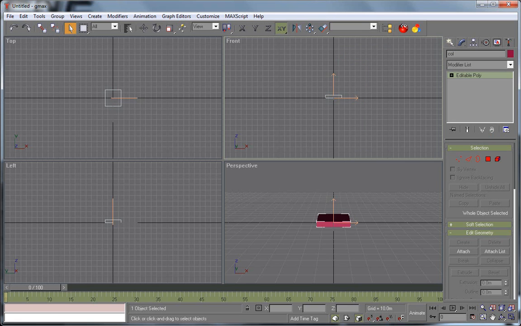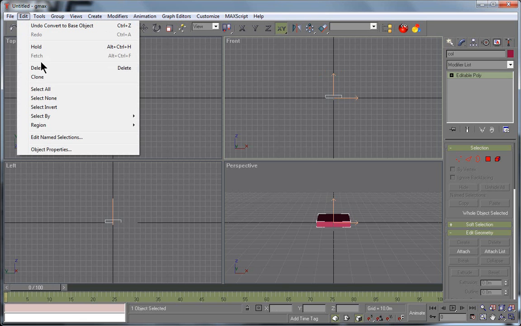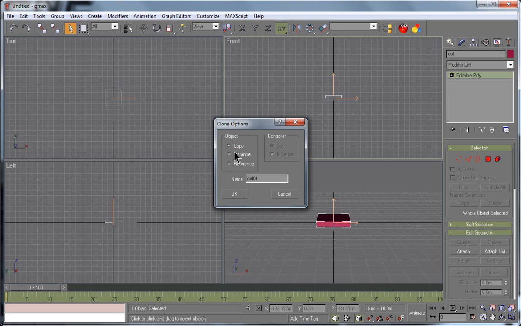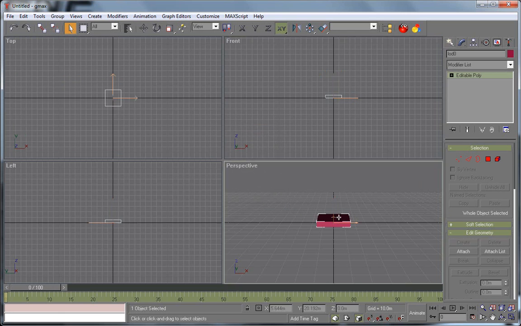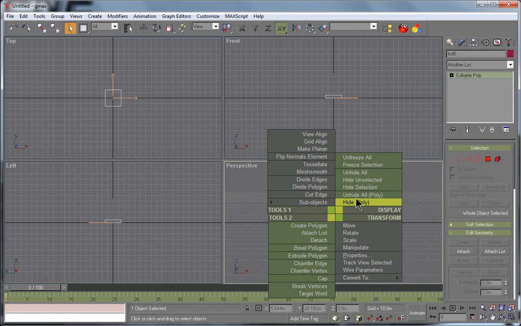Hit enter. Then you go up to edit, clone, make sure it's on copy, name it LOD 0, and click OK. And then you can right click and choose hide unselected,